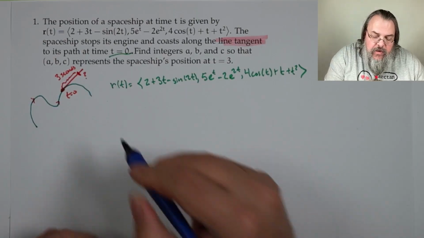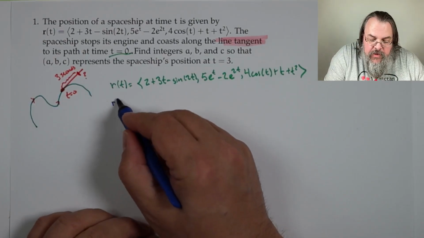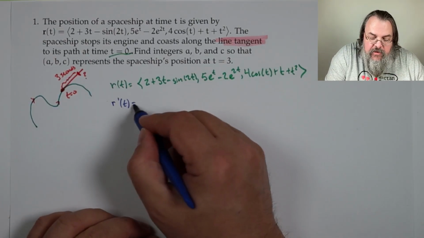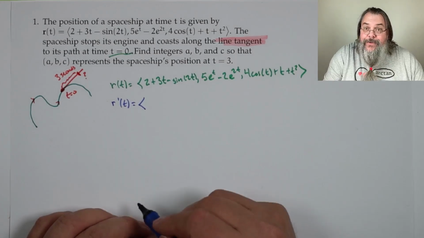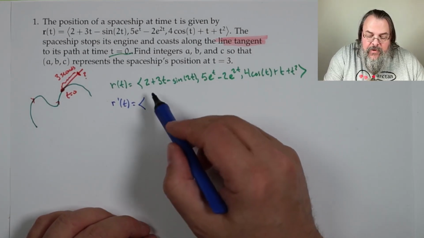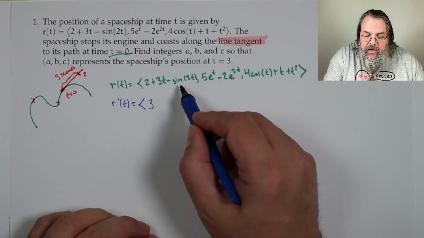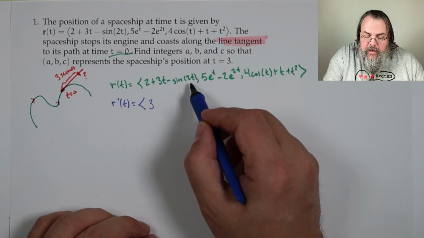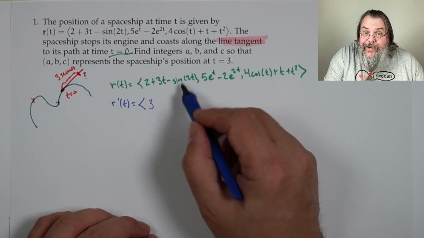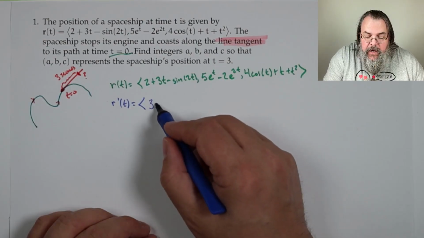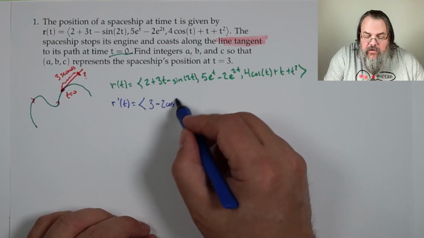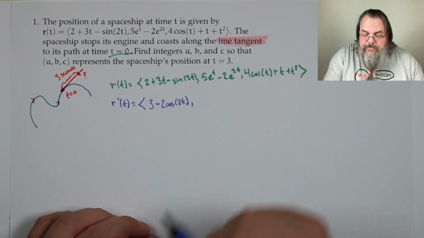And the secret to multivariable calculus is it's like single variable calculus. You just do it multiple times. All right, so derivative of 2 is 0, derivative of 3t is 3, derivative of sine is cosine, and it'll be cosine 2t, and then by the chain rule, 2 comes out. So minus 2 cosine 2t,